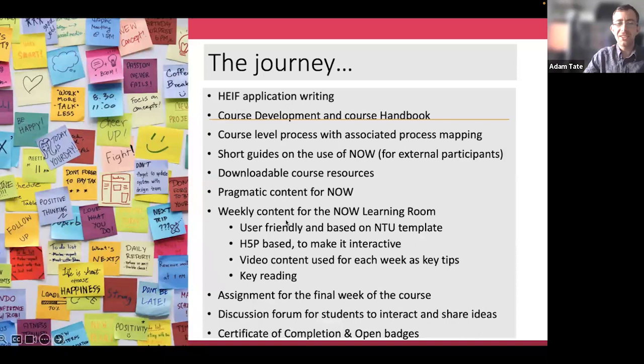HIF is the Higher Education Innovation Fund. And I'm sure that each institution will have deadlines set for applications to HIF. It's a really flexible fund that you can use for short courses, just to pilot a short course, for example, or for any other commercial ventures that you would like to start. Even, for example, say a summer school. If you want to organize a summer school, then you could apply for HIF funding, just to give you a starting point. So that's how we started.